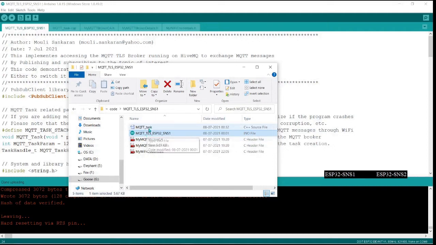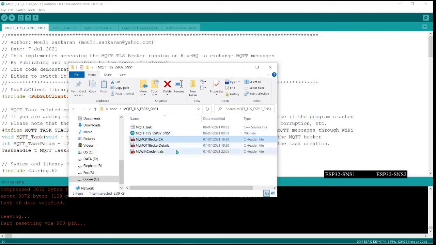And this is the MQTT task, which is running on the protocol core, which is core 0. And this application task is running on core 1.